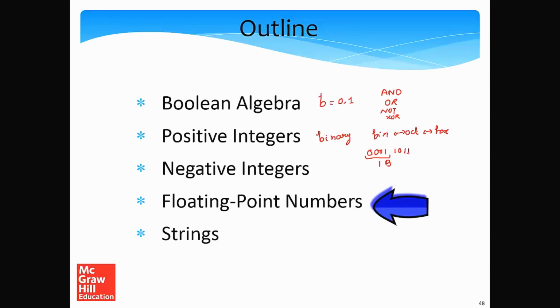Then we represented negative integers. We looked at different methods of representation. One is the sign magnitude representation, which has a sign bit. The problem there was that performing arithmetic operations was difficult, and there were 2 representations for 0. The other was ones complement, with the same problems, 2 representations. The other was with a bias. With a bias, we had a single representation for every number, and even addition and subtraction were relatively easier,